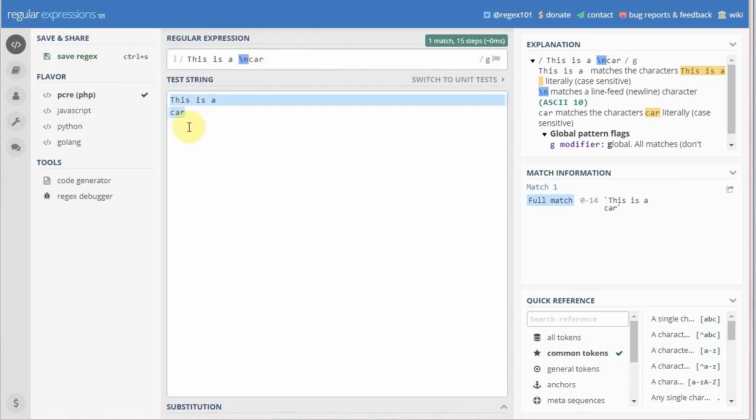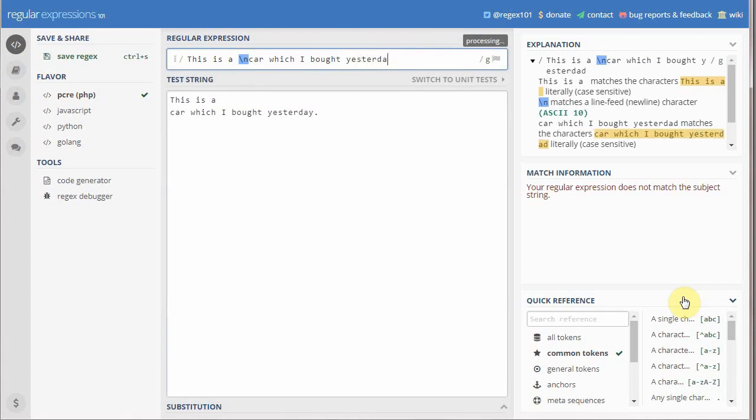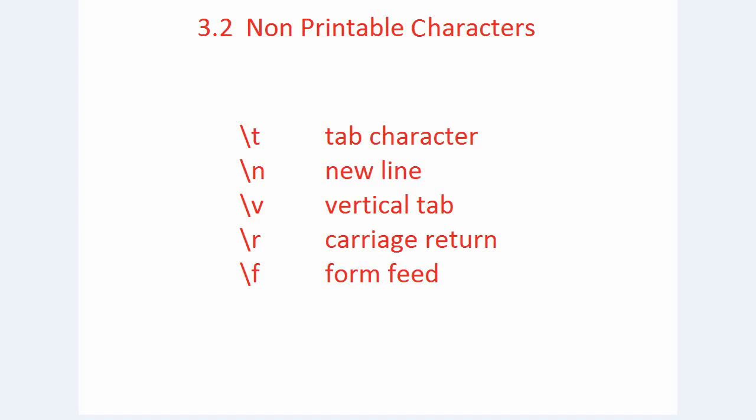This is a car and this is new line car, and after car we place a tab, which I bought yesterday. And here if I write "which I bought yesterday", there is no match. Why? Because there is a tab before "which". We have to place a tab here. So \t is tab,